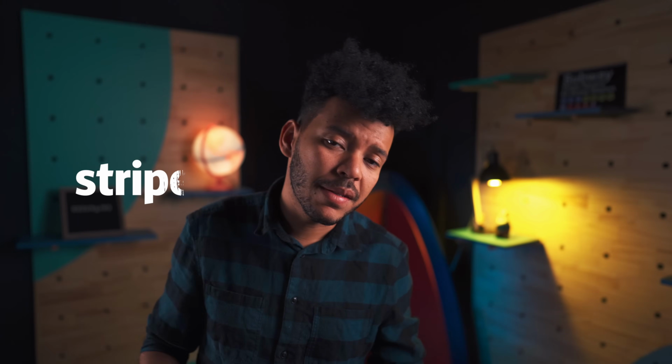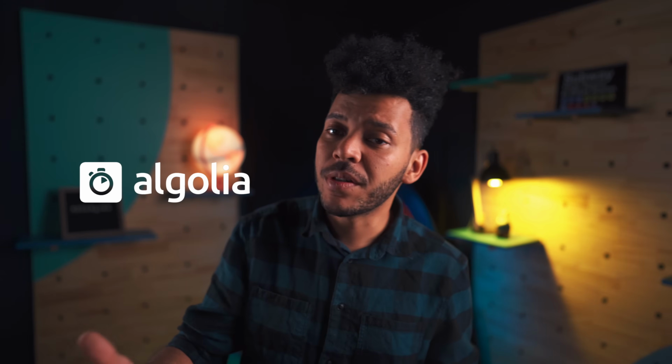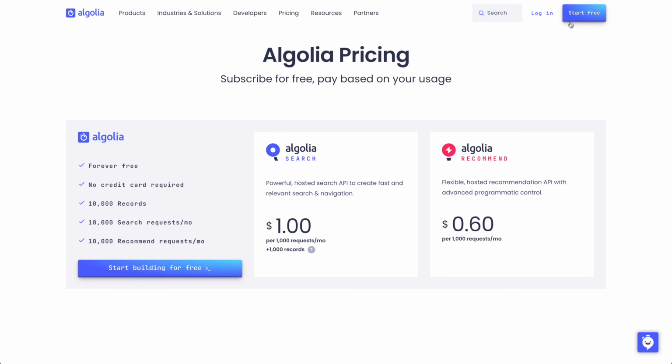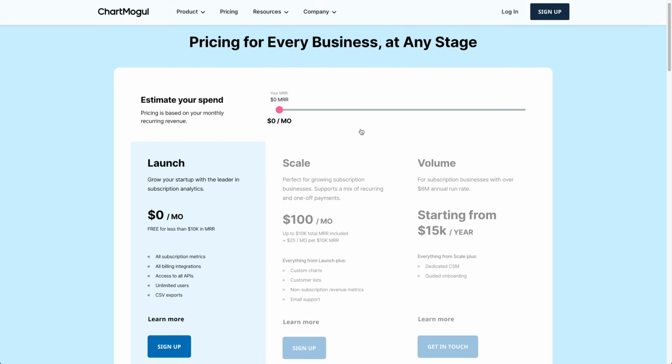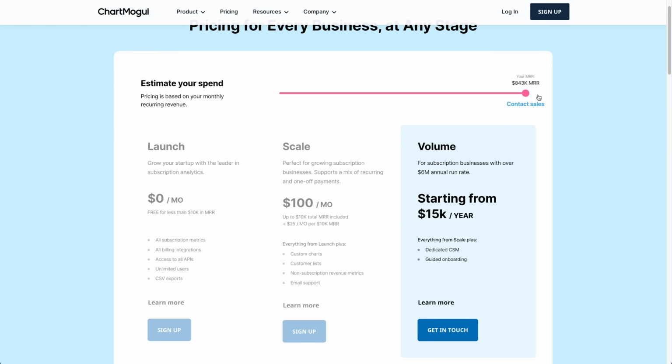These modules are usually associated to a very important KPI that the platform has an influence on. For example, Stripe is a payment processor. It charges a flat 2.9% fee for any transaction, period. Algolia, which we use for database search, charges you a flat $1 per 1,000 search requests. ChartMogul, which is a revenue tracking platform, bases its main plan on the MRR of its customers, which is what their platform tracks. Now, in their case, even though they don't directly influence MRR, recurring revenue is just a great measure of a company's size and therefore the amount of value extracted out of the platform. Coincidentally, the more MRR a company has, the more computing power their server needs to process it.